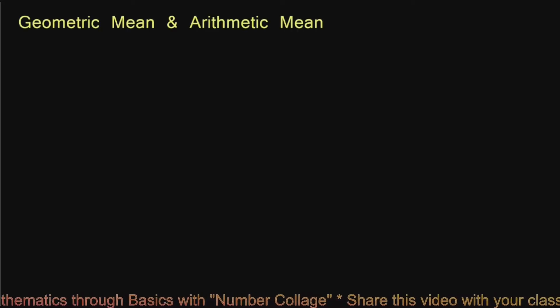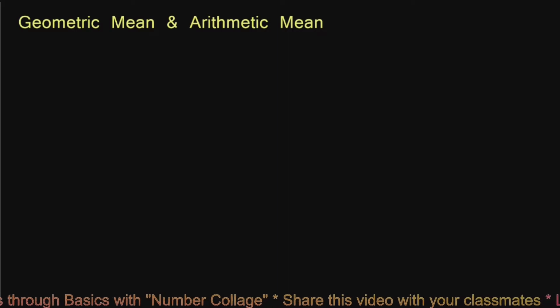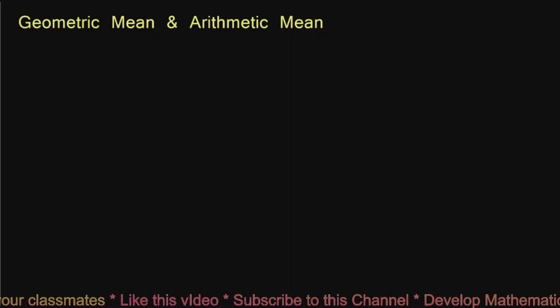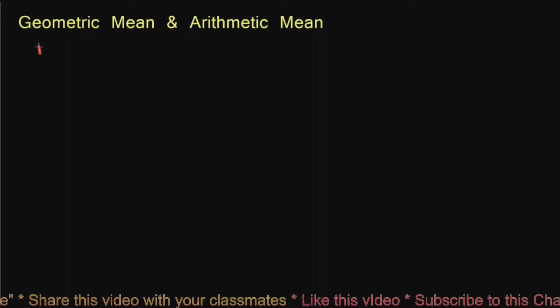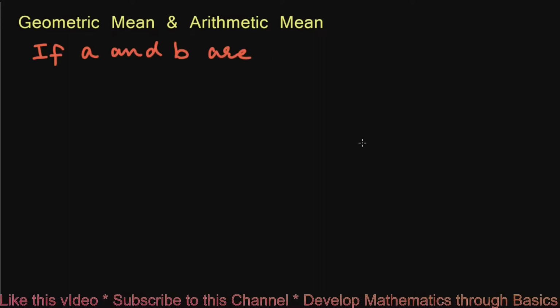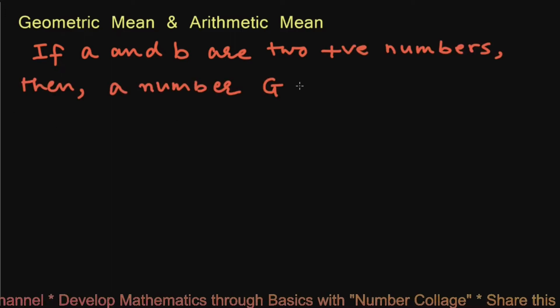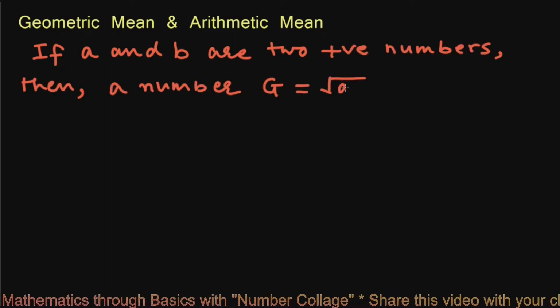In this video, we are going to talk about the geometric mean and arithmetic mean and relationships between them. Let us first see what is a geometric mean. If a and b are two positive numbers, then a number g, which is square root of ab, is known